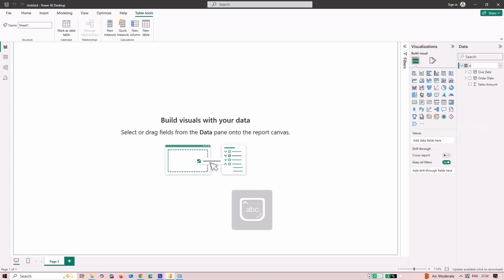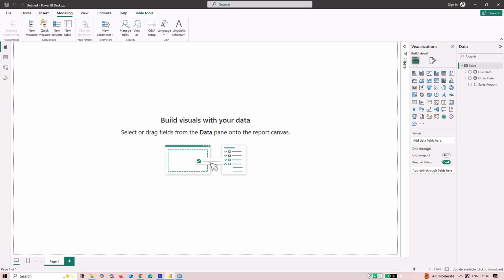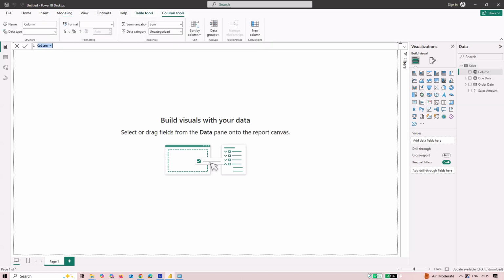Day column = DAY(Sales[Order Date]). This will return the day number for each order date. Now let's bring in our data set and apply this function. We have an Excel data set containing order date, the date when an order was placed, and sales amount, the value